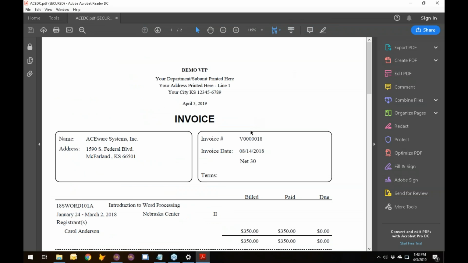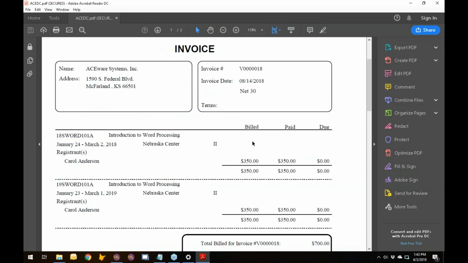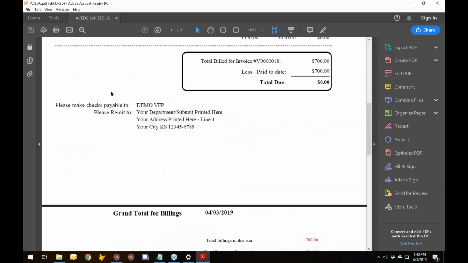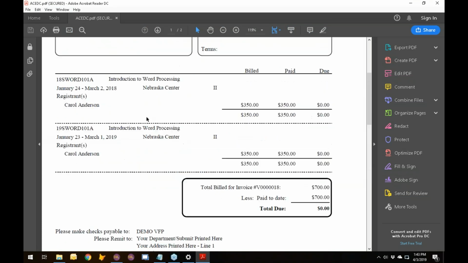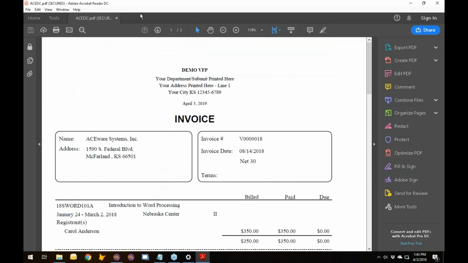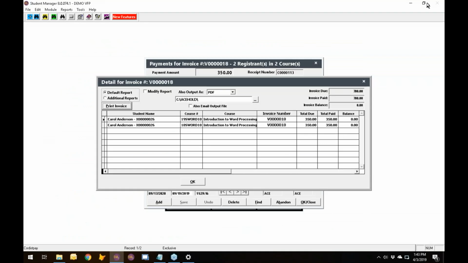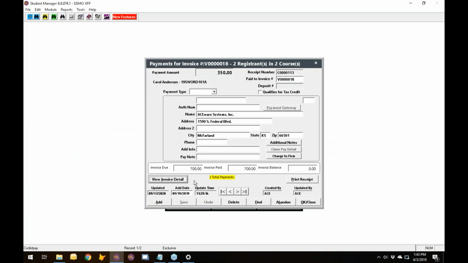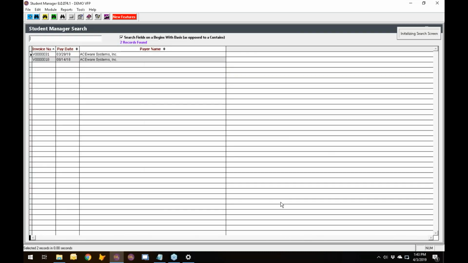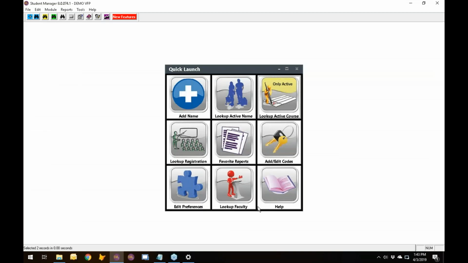So the PDF gets generated now. I can save this where I want to save it and be able to do whatever I need to do with it in PDF format or Word or whatever other format you need that in. So, okay, invoices. Next one is fees,